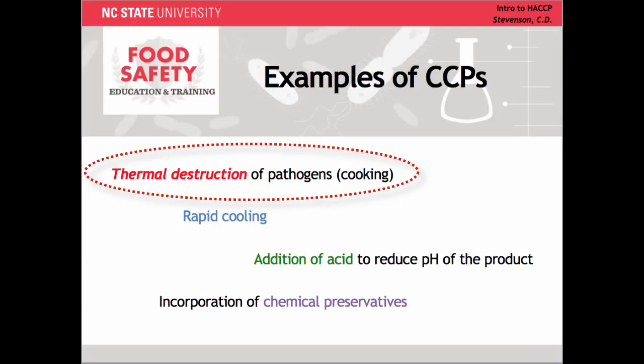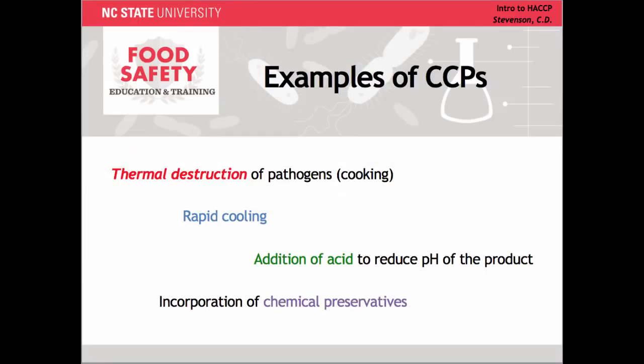Most pathogens will not grow appreciably at refrigerated temperatures below 5 degrees Celsius or above 57 degrees Celsius. This leaves a temperature danger zone which reaches from 41 degrees Fahrenheit to 135 degrees Fahrenheit. Food which is likely to support the rapid growth of pathogens should not be held within this range for more than a short time, usually defined as more than 4 hours. Therefore, rapid cooling of a cooked or processed food through this zone is important. Other CCPs may be similarly effective, such as the addition of acid to reduce the pH or the incorporation of